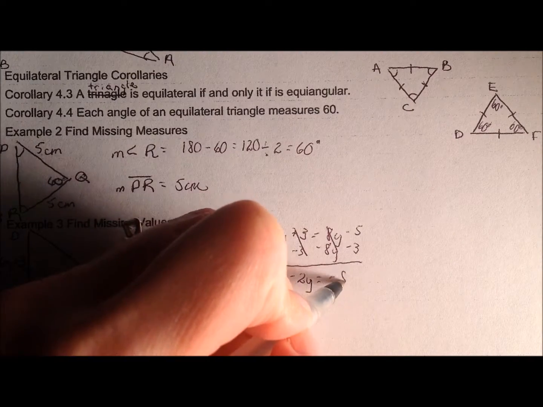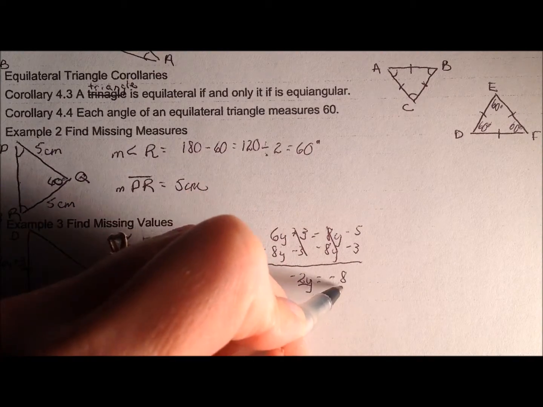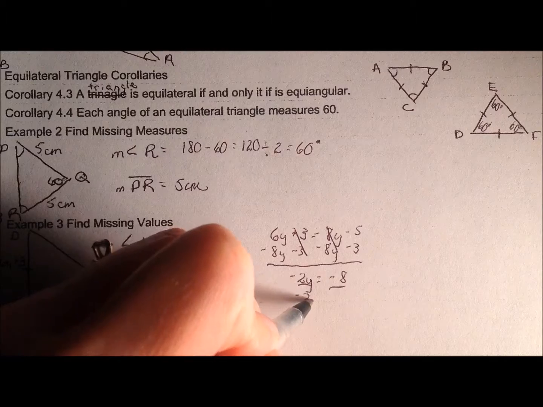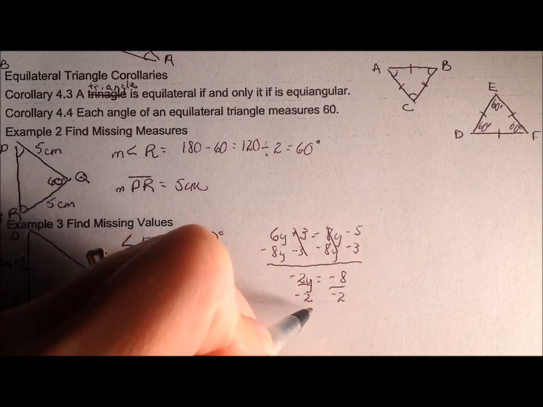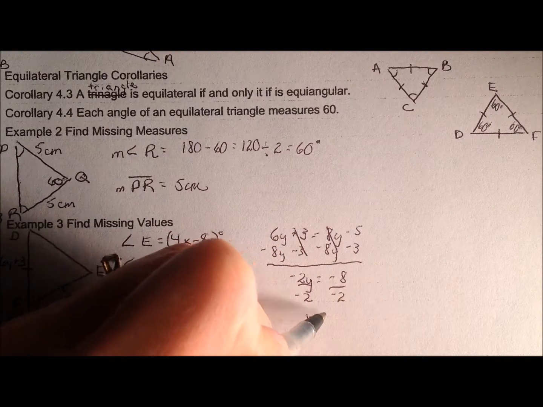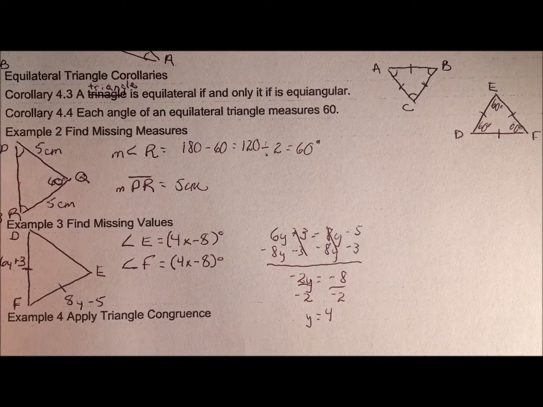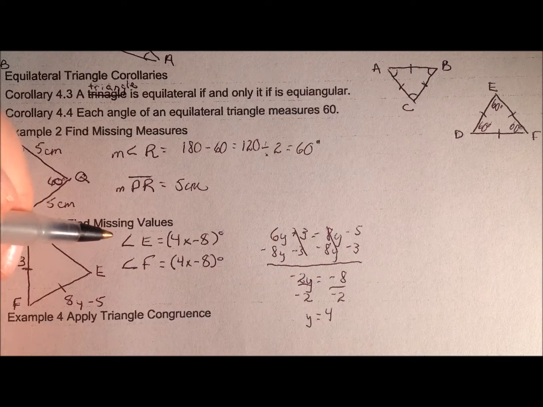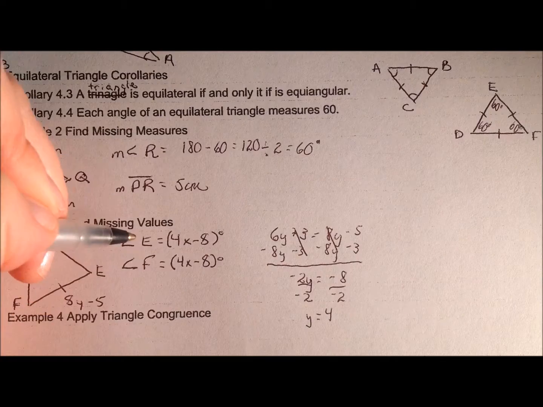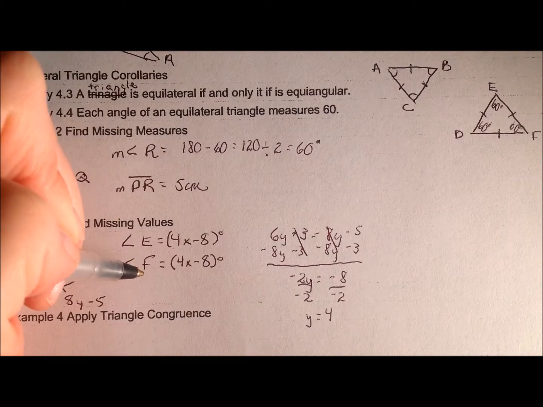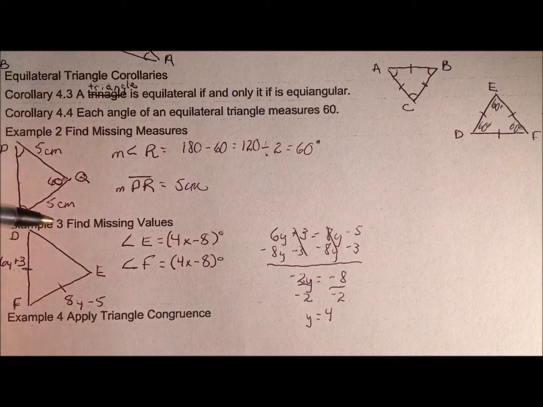We have negative 8 on the right side. Divide through by negative 2. And we have y equal to 4. With our angles E and F here, we know that these are